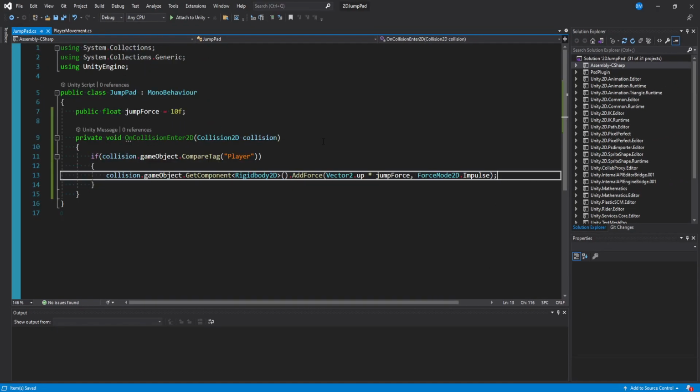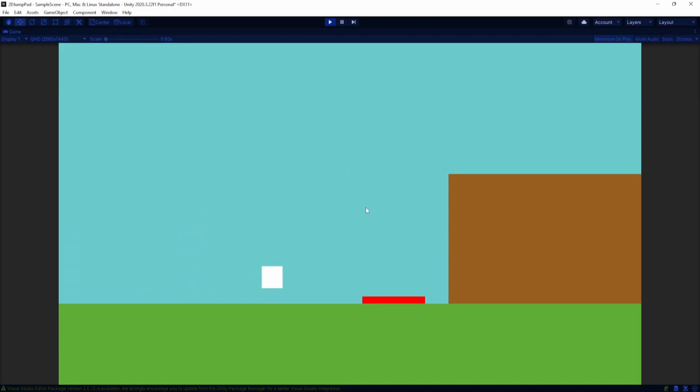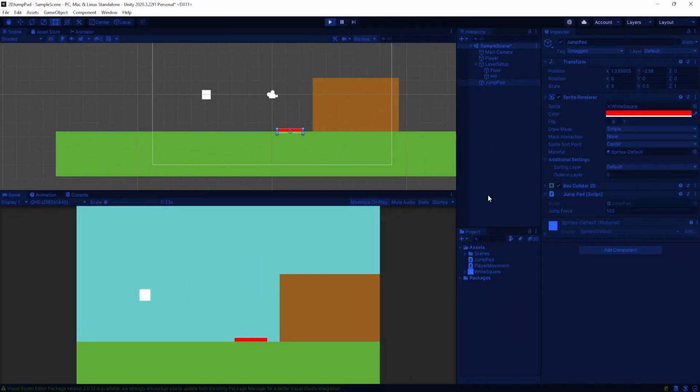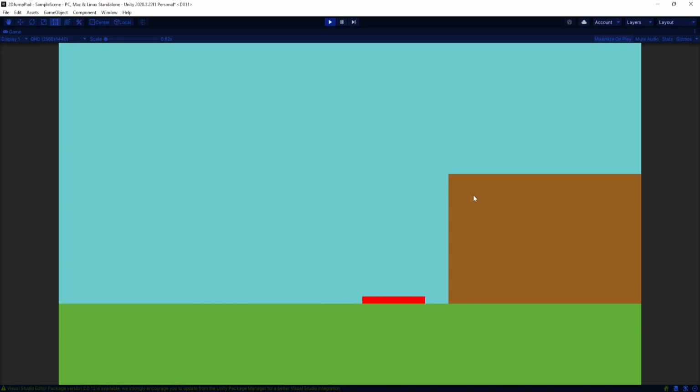This is all you need for a jump pad script. So now you can come into the game, and if you jump on this, it'll bounce you up over the hill. And it's really that easy to get something like this set up. And to get this to work for your particular game, you can go in the inspector here in the jump pad script, and we could increase this to something like 100 and test this out. And you might just find that this value works better for your game.